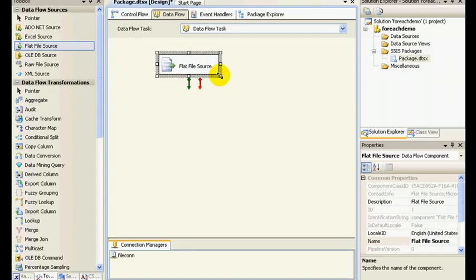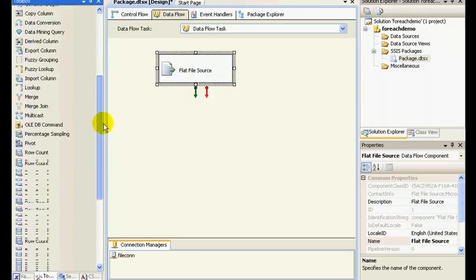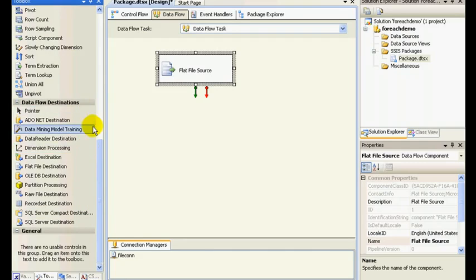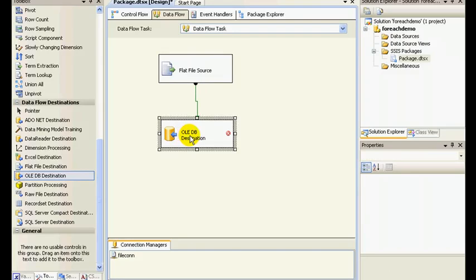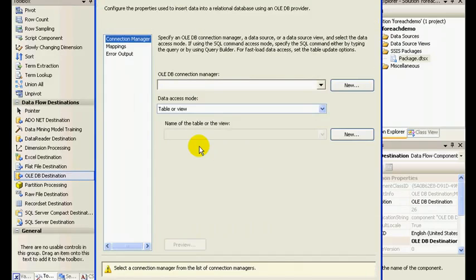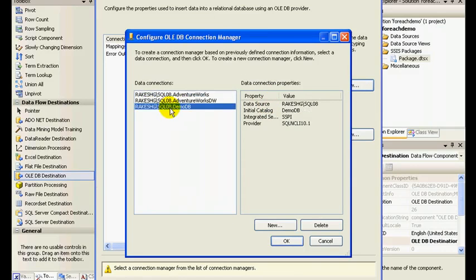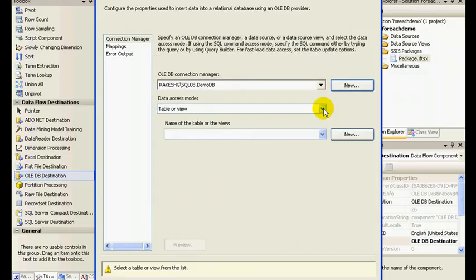We'll be pushing this to a database, so let me drag and drop an OLEDB destination and connect this. I'll click on edit, and I'll choose my SQL 08.demodb. This is the data connection that I created in my previous demos, so I can see it over here. I'll click on OK,